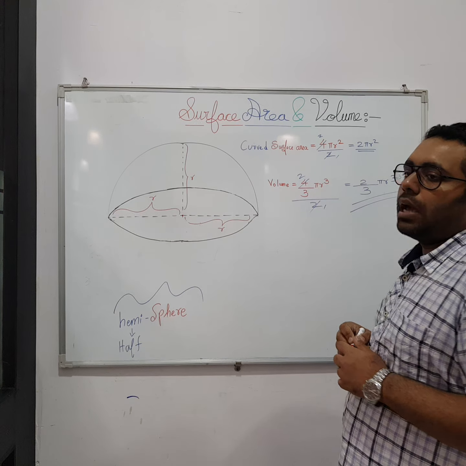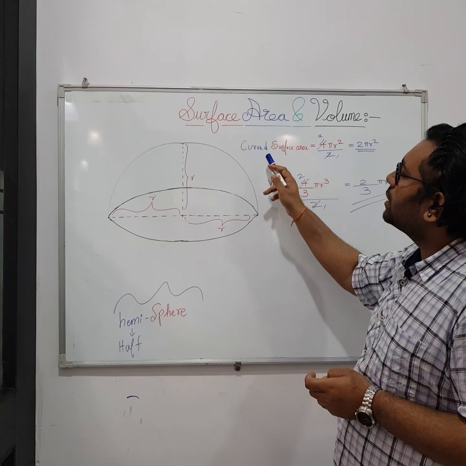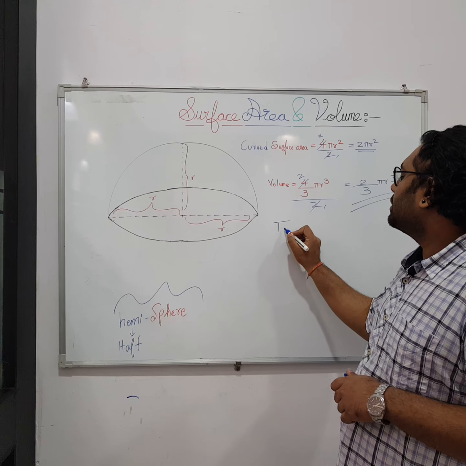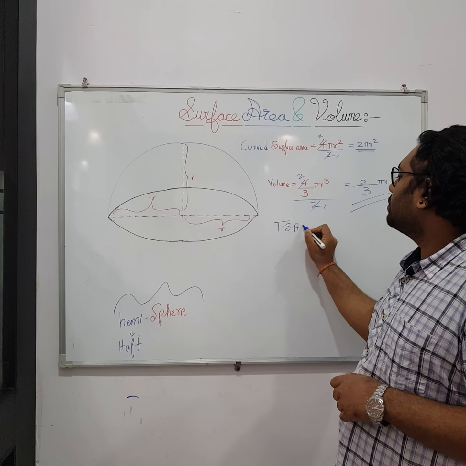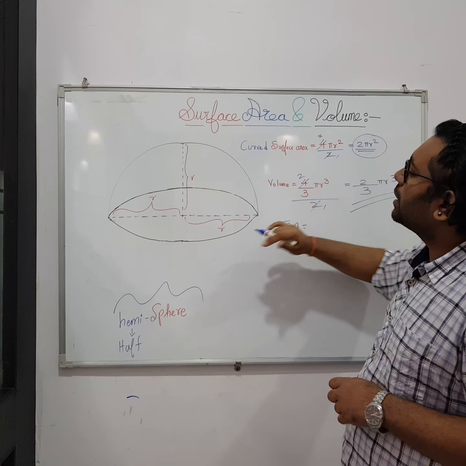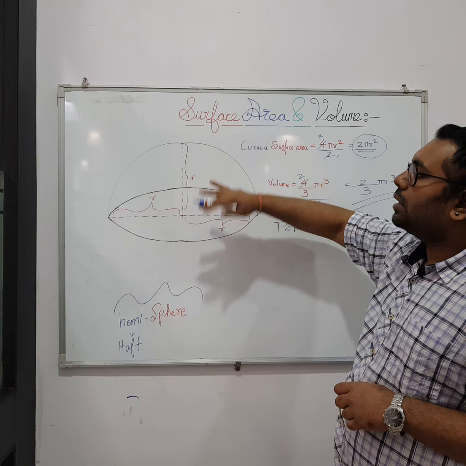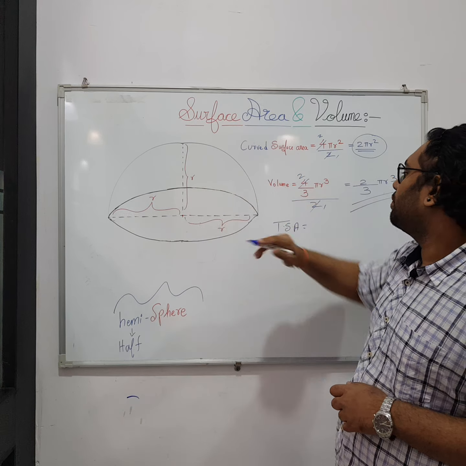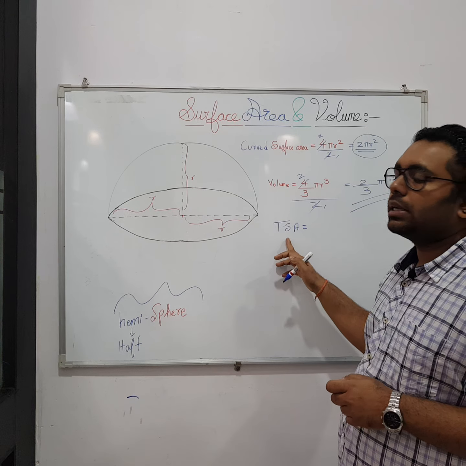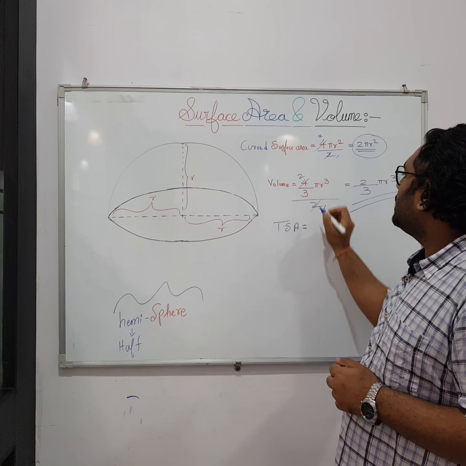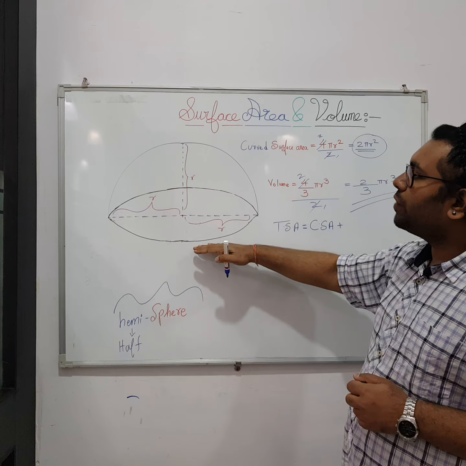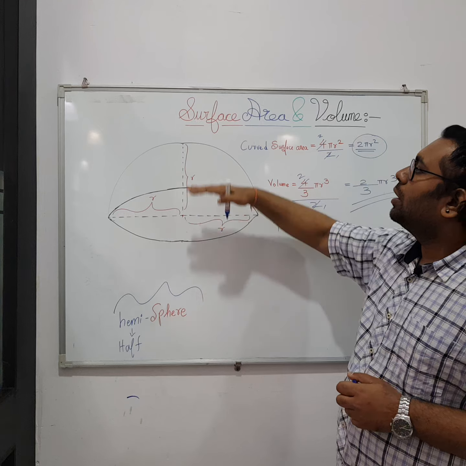You must be thinking, you have discussed the curved surface area, so what will be the total surface area? As you can see, this curved surface area, 2 pi r square, is the entire curved portion of it. I've already taught you one master formula where you can easily find the TSA. TSA is nothing but CSA, that is curved surface area, plus roof and floor, or you can say top and